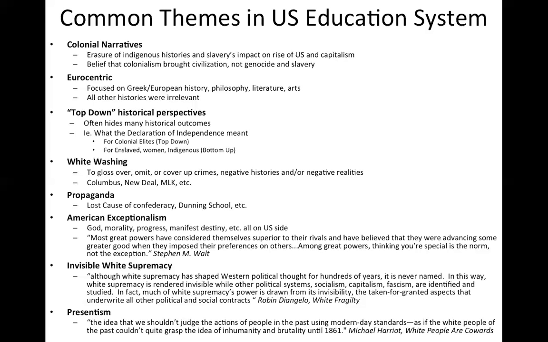So again, we'll talk more about this, but we definitely don't look at our past with a very critical eye. We more focus on Thomas Jefferson. They downplay the fact that he was a rapist, and he basically had a room connected to his bedroom where he kept an enslaved Black woman, who he raped and fathered many children with and kept them enslaved, and her first child was at 14.